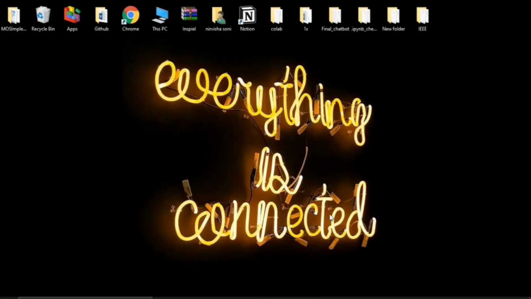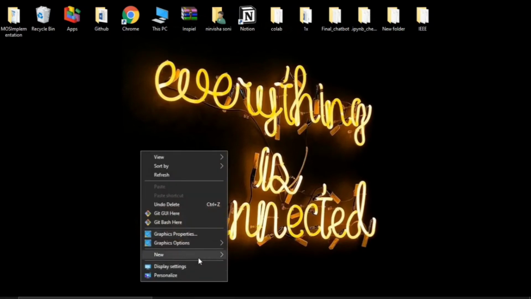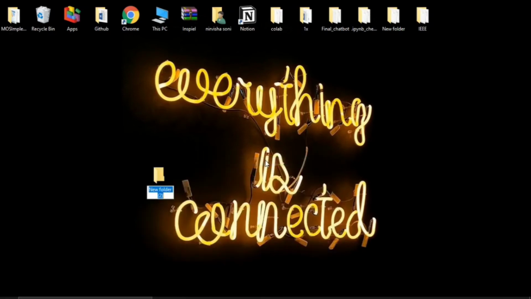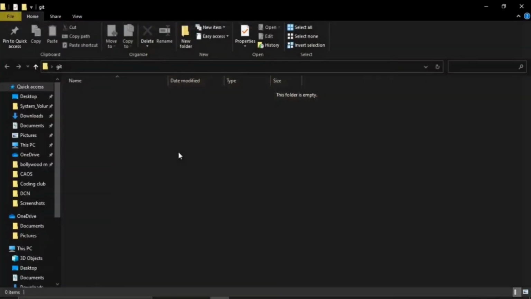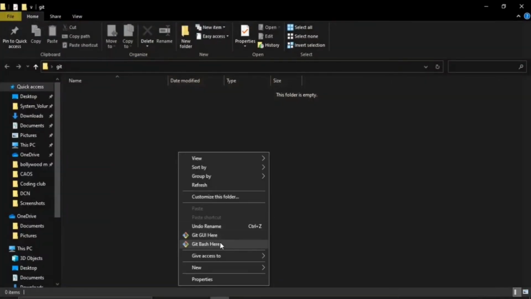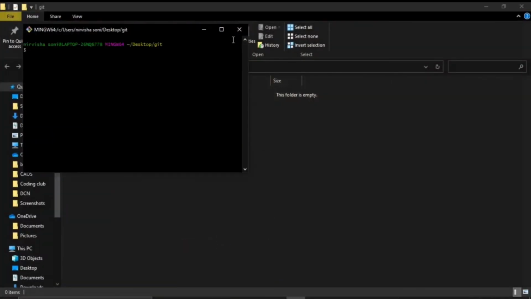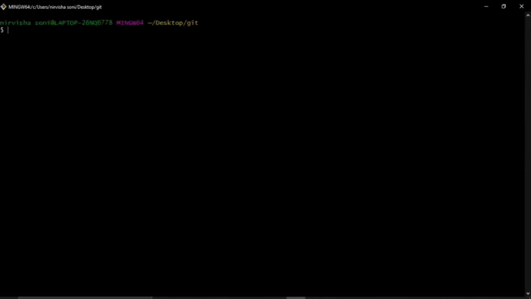So in order to work with branches, you first of all need to initialize a local repository. If you don't know how to do that, then please go and check our last video of this playlist and things will get more clear to you. So I'm going to initialize a new repository here. I'll be creating a folder named Git, and then I'll navigate inside this folder. I am going to convert this folder into a new Git repository, and for that we have a command named git init.